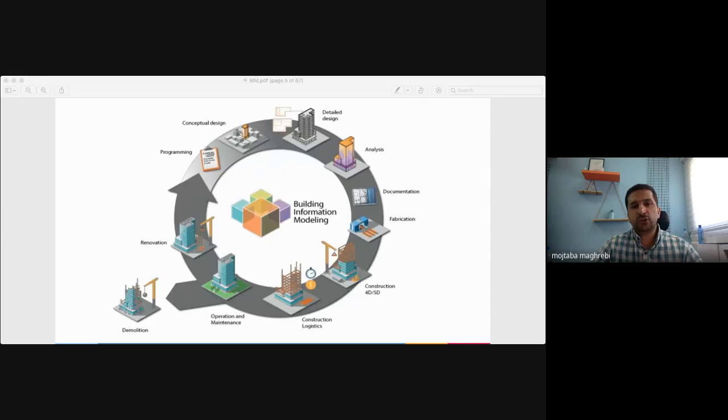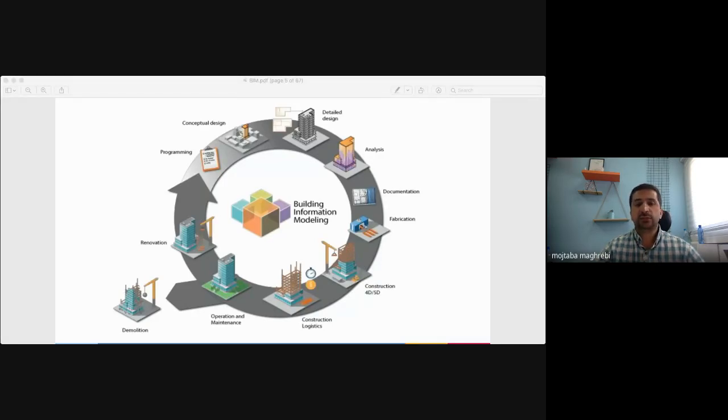This slide shows that from the initial steps, when the idea of the project is ignited, when an authority or a client says, okay, I want to build this project, we need a hospital, we need a bigger home, we need a stadium, we need an open space office, the BIM could facilitate the process from the feasibility study stages.